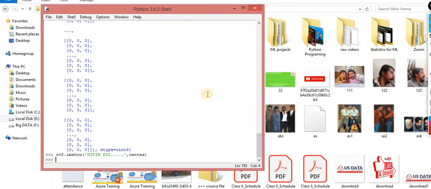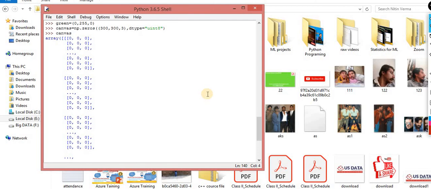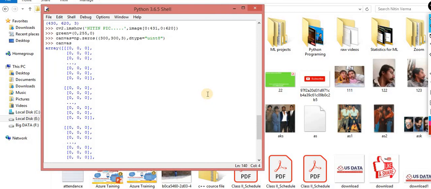So now you get the clarity. If you want the entire thing with some other value, then you have to change these values. There is a method inside NumPy to create a matrix of 300 rows, 300 columns and automatically fill it with 0.